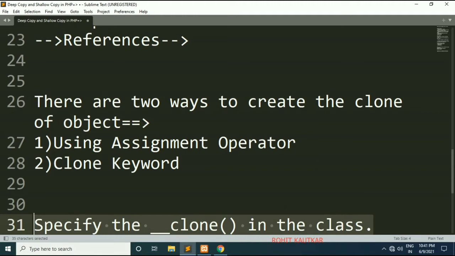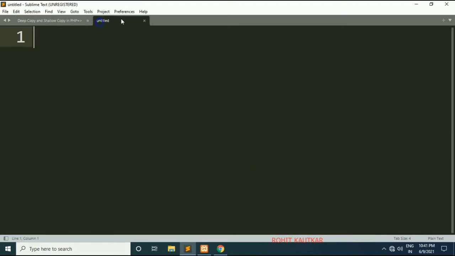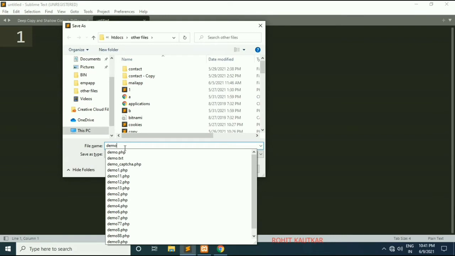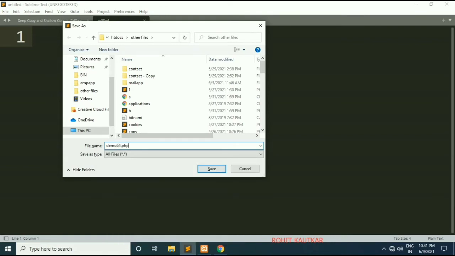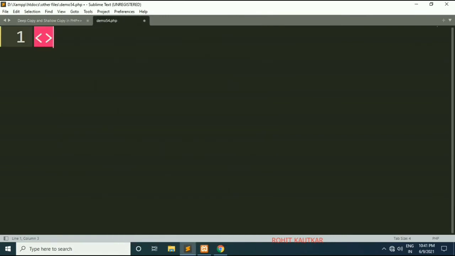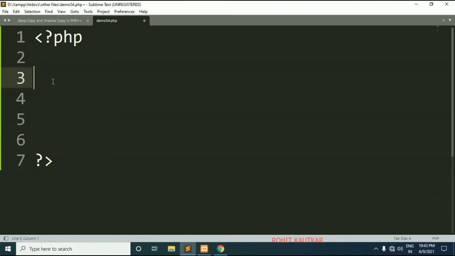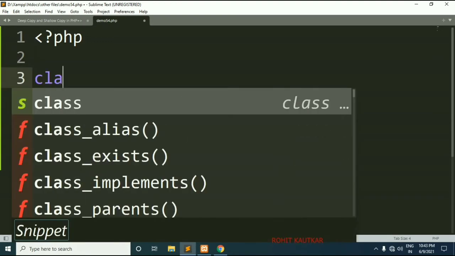Now I will try to demonstrate how we can create a shallow copy and how we can create a deep copy. For this I will create one new file here. Now friends, here I will create one class.